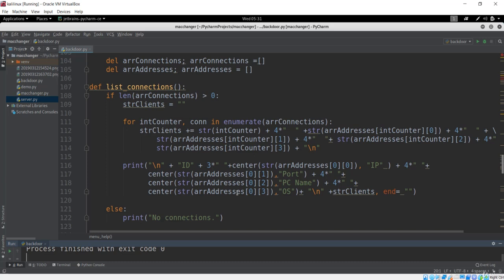But for now you can see the information listed over here of the client machine that is communicating with the server. So this will be a wrap for this lecture. From the next lecture we'll make this backdoor much more advanced than before. So see you in the next one.